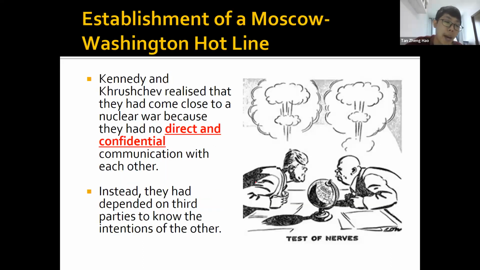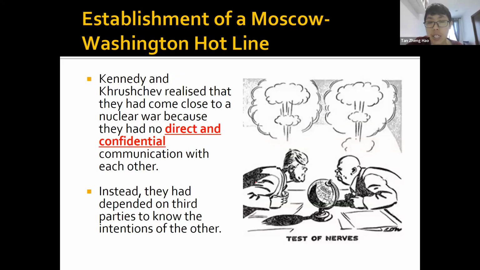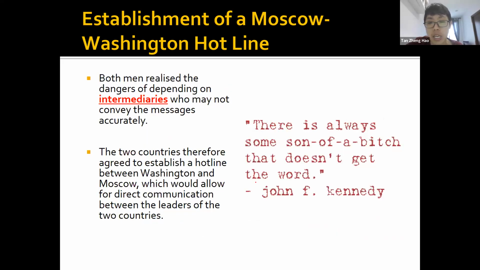Okay, some other impact. This one is about a minor point. From then on, the USA and USSR started to entertain the possibility: maybe we want to negotiate more directly. The Cuban Missile Crisis almost created a nuclear war. Let's try and prevent these things from happening. So they decided to create a hotline where the US president can talk to the USSR leader directly to try and calm things down if they need to. Because if you talk, there's always a chance to resolve it, and they don't want to rely on middlemen who may not pass the message accurately. So they created a direct telephone line to talk to each other.